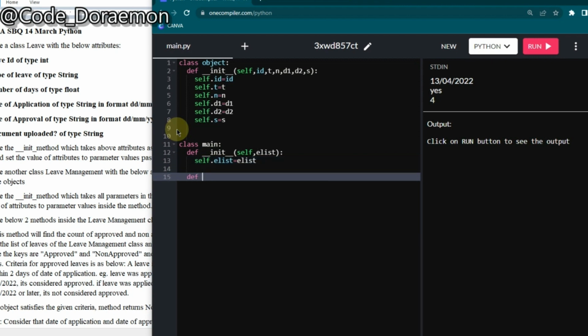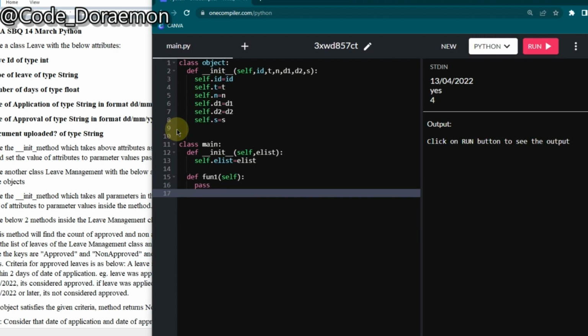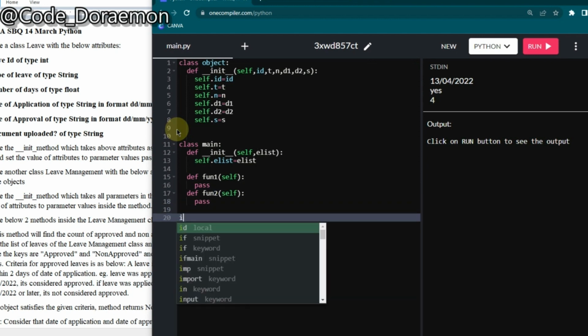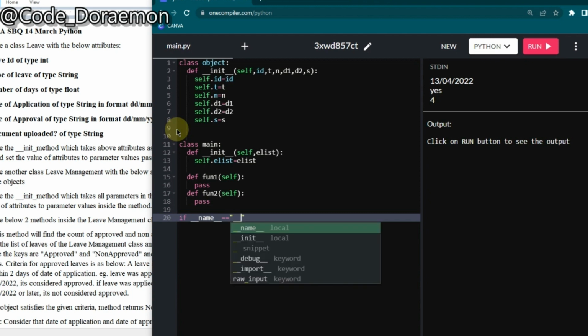So def fun1, and here don't forget to put self, and here I'm going to put pass, and def fun2, and again self and pass. Now we are going to the main function. So if name is equal to main,